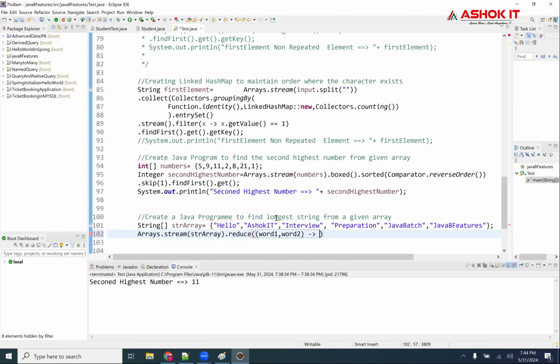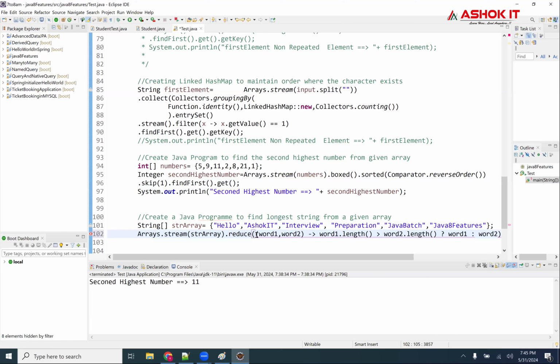And what is the logic I am going to write here? word1 dot length greater than word2 dot length. If it is more, then take word1, else word2.